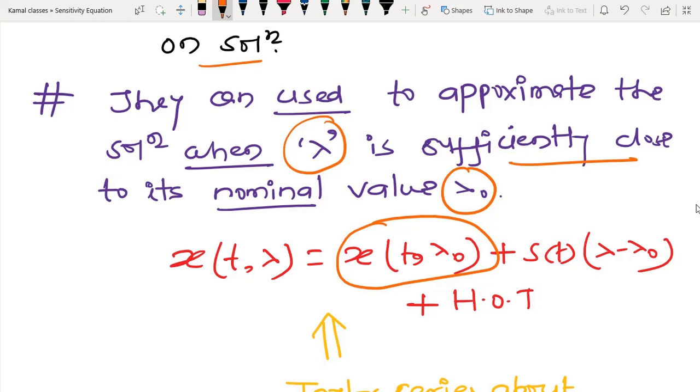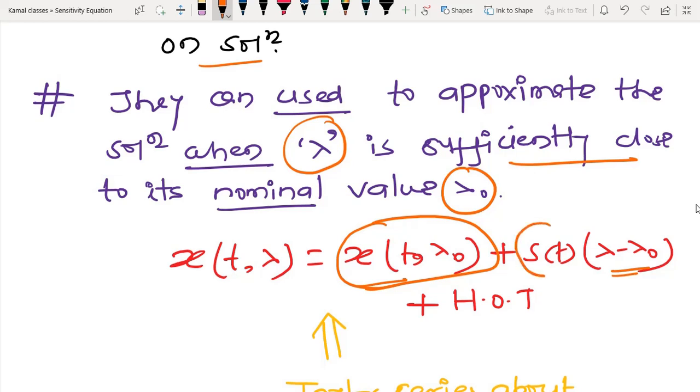At that time I can enter the parameter exactly, so I am assuming there is no variation of parameter. But in experimental conditions, some parameter variation obviously comes into the picture. So this solution is known to me, and after that I allow the variation. I say, okay, if this resistor heats up, the resistance value is increased by 10% or 0.5%, something like that. So I know this kind of thing.